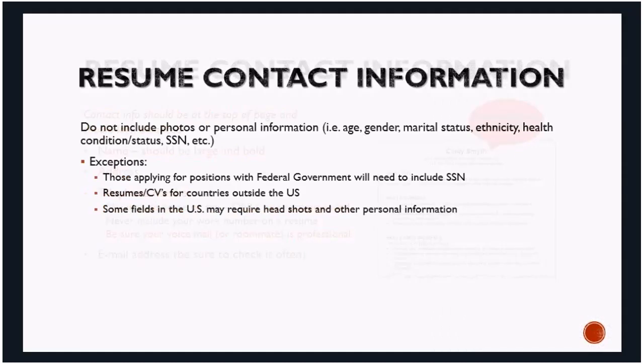So don't include a photo or any other personal information that an employer could use against you in their decision for that position. There's a lot of protected information that an employer cannot ask and cannot discriminate against. However, if you open that door and provide that information, then they are allowed to ask about it. So you don't want to indicate anything regarding your age, gender, marital status, or any other conditions that may be